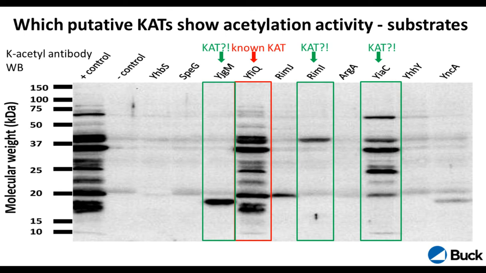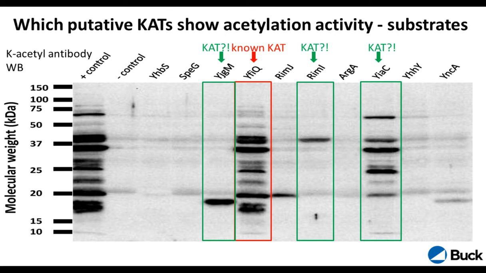What was nice, this was a known acetyltransferase, and you can see how that has a really nice acetylation pattern over, say, your vector, your control setting here. And then you can see there were some transferase candidates that were more promising than others. So we chose those and now submitted those for our mass spec workflows.